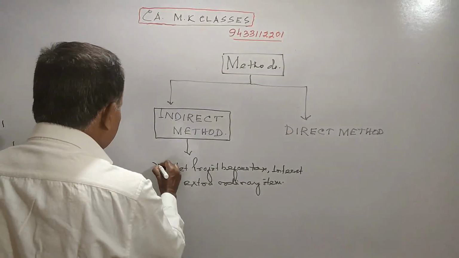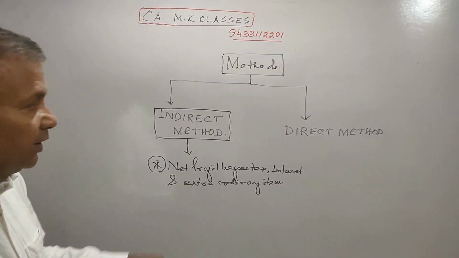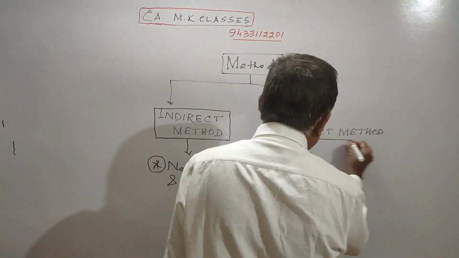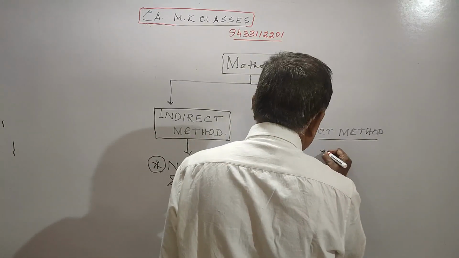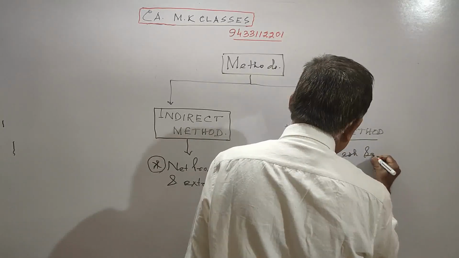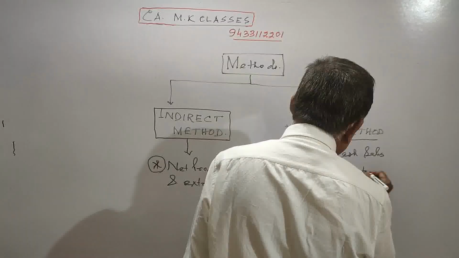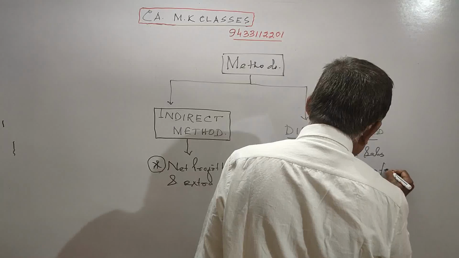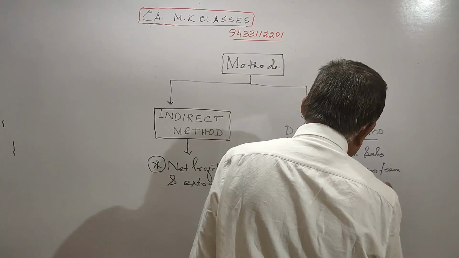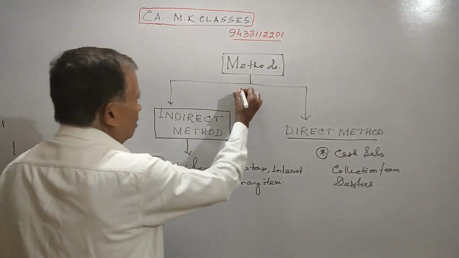This is the starting point of cash flow from operating activity. Similarly, in direct method the starting point is your cash sales, collection from debtors. So friends, this is all